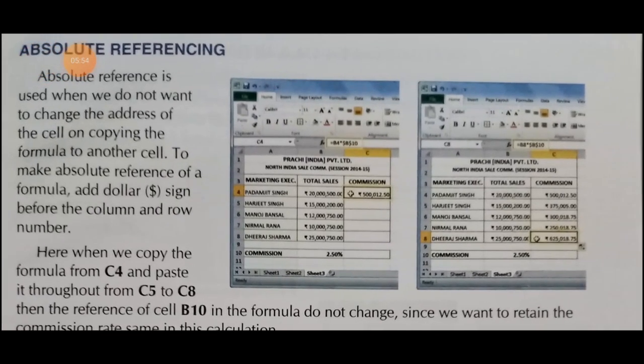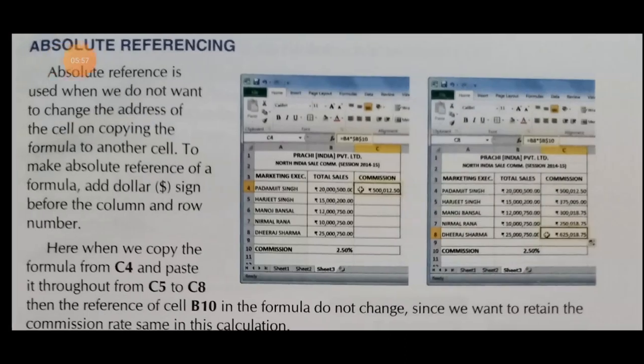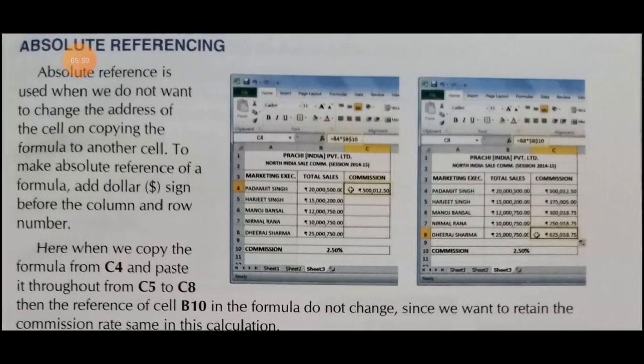Then the next one is absolute referencing. Absolute reference is used when we do not want to change the address of the cell on copying the formula to another cell.